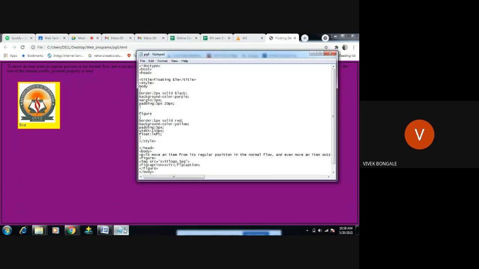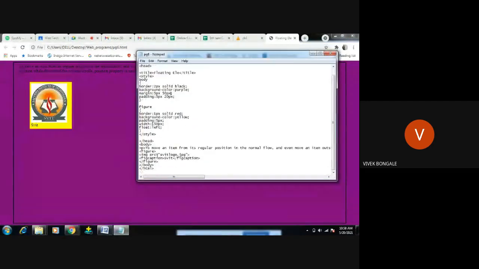If you remove the left hand side, that margin will be removed. What I have given, 50 pixel here, gives space from border to this margin, right? And we have floated this image in this container, right?